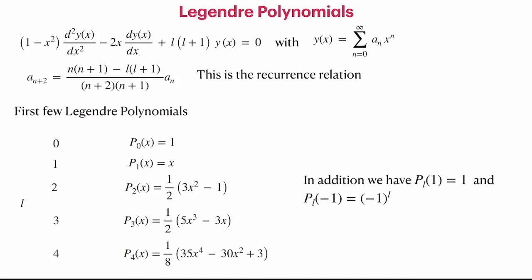Even Python has a Legendre polynomial built into it. You can get any order polynomial using a function. So one of the important properties to note is that P of L at x equal to 1 is equal to 1 for all L. That we can see from all these values. But for x equal to minus 1, P of L takes the value of minus 1 to the power L. That is because it is a different value for even and odd functions. For all even functions, it is +1, and for odd functions, it is -1.